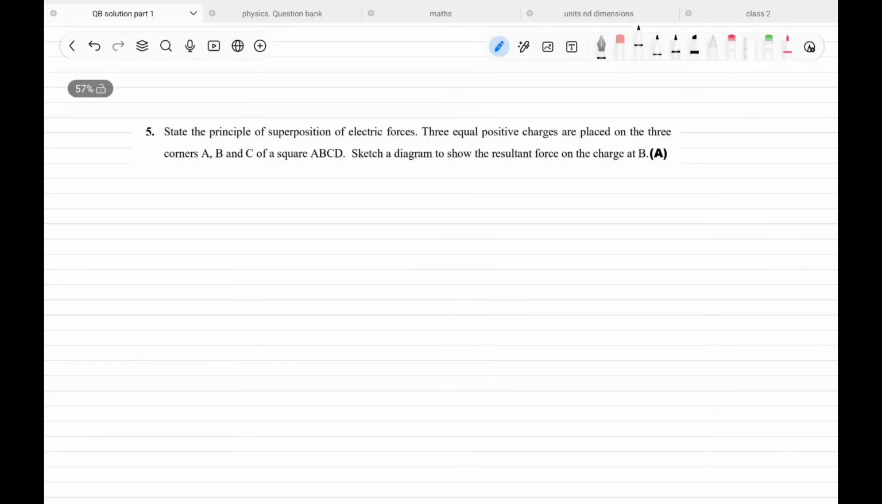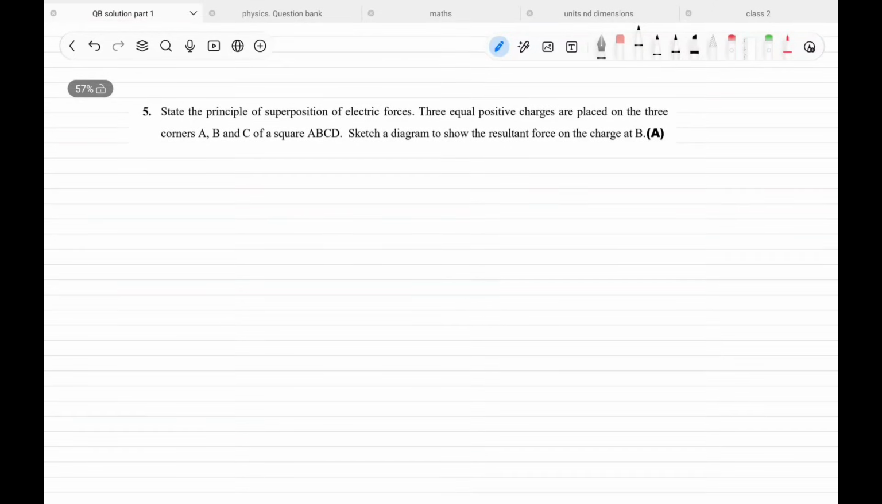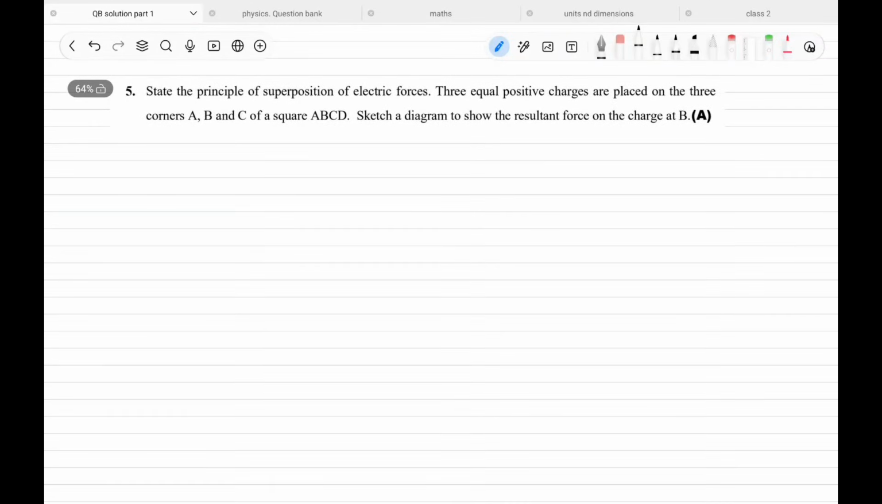Next question. State the principle of superposition. Three equal positive charges are placed on three corners A, B, C of a square ABCD. Sketch the diagram. Show the resultant force on the charge at B. Okay, now the first part of the question is asking about the principle of superposition. The principle of superposition states that the net force on a charge is the vector sum of